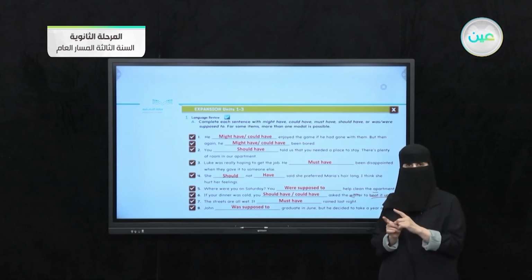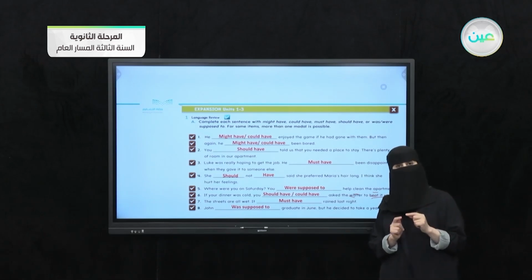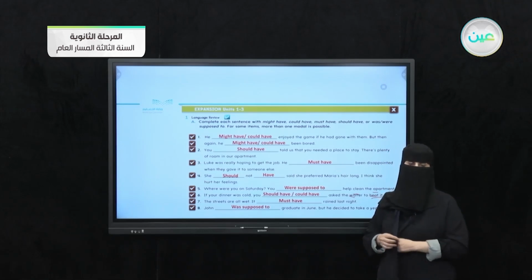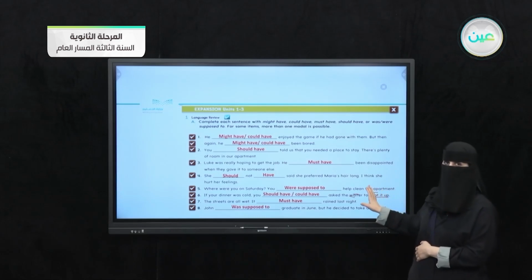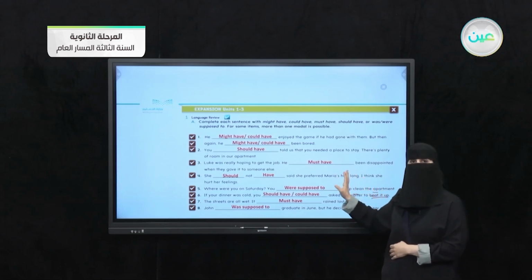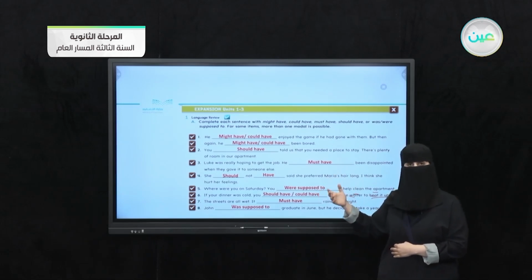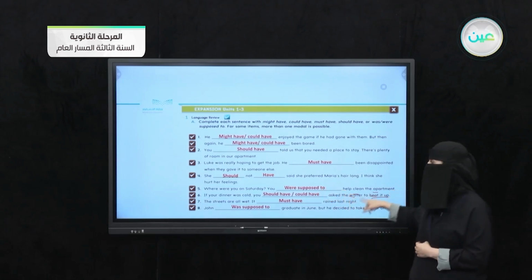Okay, from this question, we notice that the structure of past modals is modal plus have plus past participle. And the passive modals are absolutely different from what I mentioned. The structure of it is subject plus modal plus have been plus past participle. Okay, by the end of this question, we can summarize what we discussed, and if you need more review as necessary, you can return to your pupil's book, unit 1, page 8. Now we will move on to the next question.